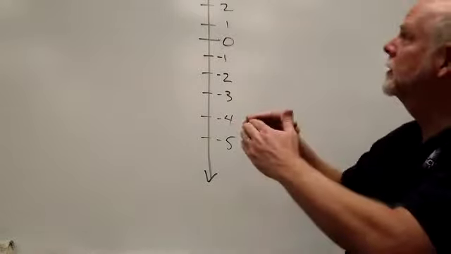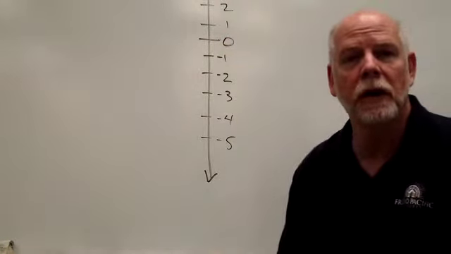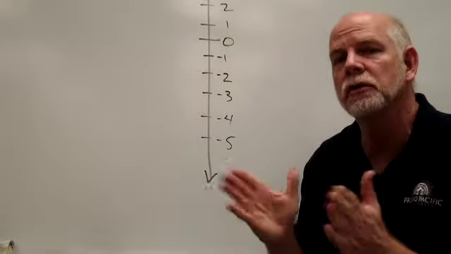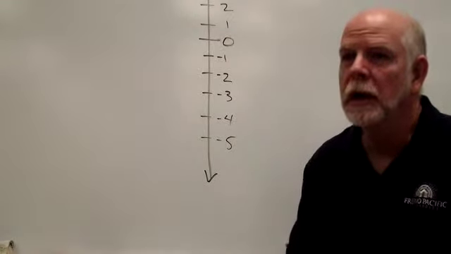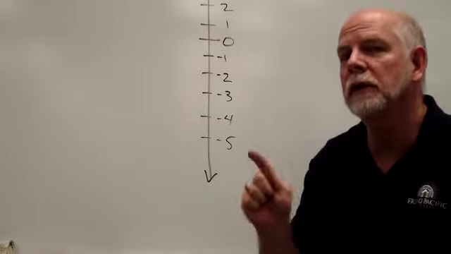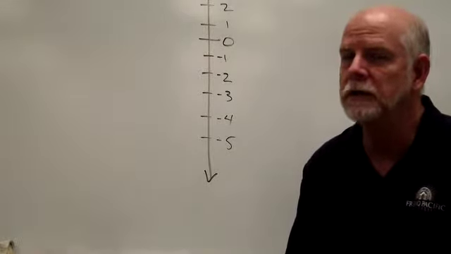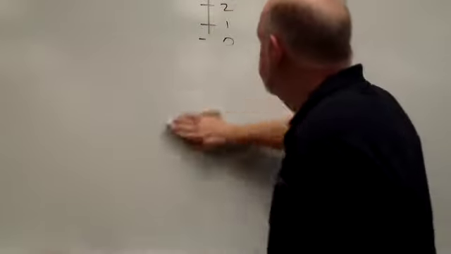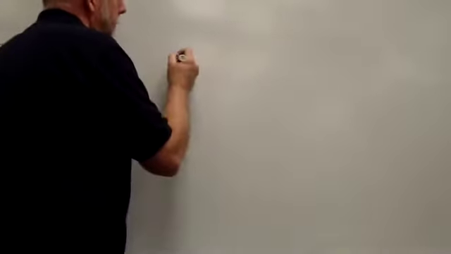So having this sense of order within the number line is a critical concept on the CSAT. There will be questions that ask you specifically to just put a set of integers in order. And you have to be careful with the way the question is worded, because the question may say put them in order from least to greatest or from greatest to least. Now typically I believe they will say from least to greatest. So an example of that might be something like this. If they ask you to put these numbers in order,